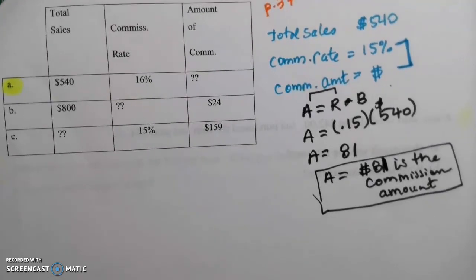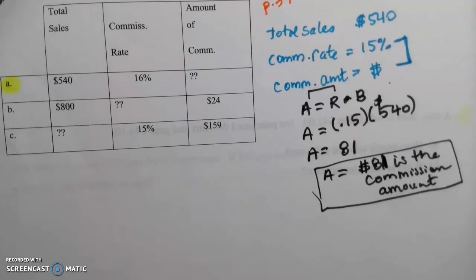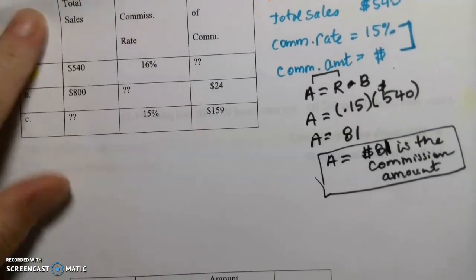Those are going to be pretty straightforward. They just have the 3 pieces there. So you're looking at your total sales is going to be your base, because your base is talking about a total of some sort. And then your commission rate will be your percentage used as a decimal, and then the amount of your commission would be that portion that